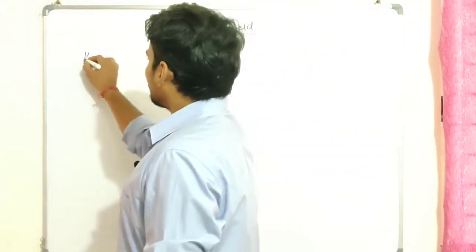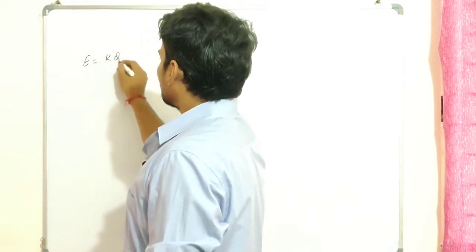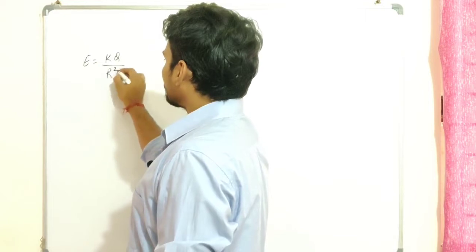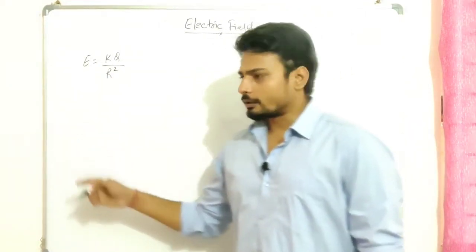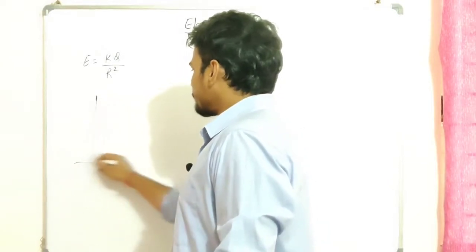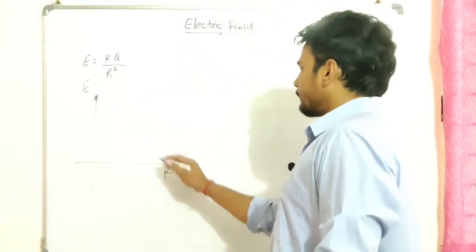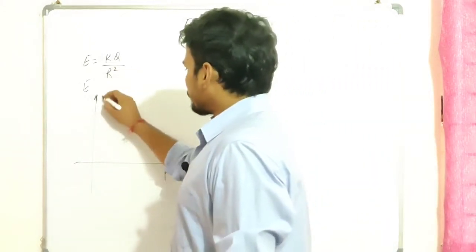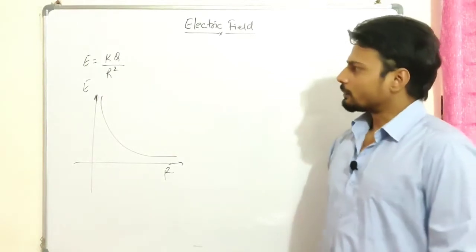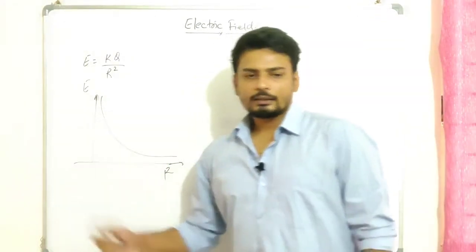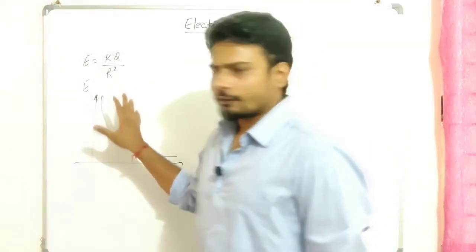We know that E is equal to kq by, let's say, r square over here, right? So if I want to know the electric field variation with respect to r, the graph should be somewhat like this. Let's suppose this is my electric field and this is the distance r. It's something like this, right? So that should be the graph of electric field and the distance. That's very simple. I'm sure you guys can use this, even in the vector form, this is going to be the same.